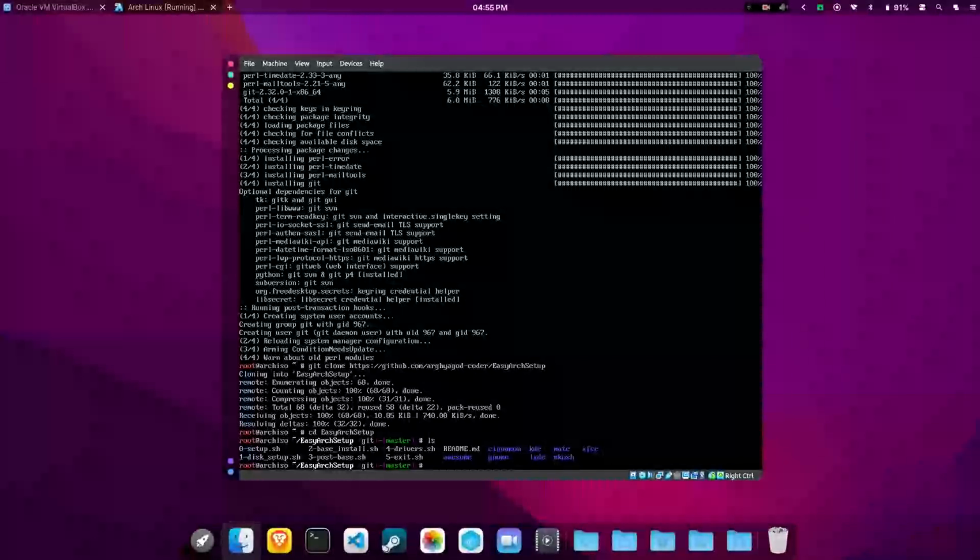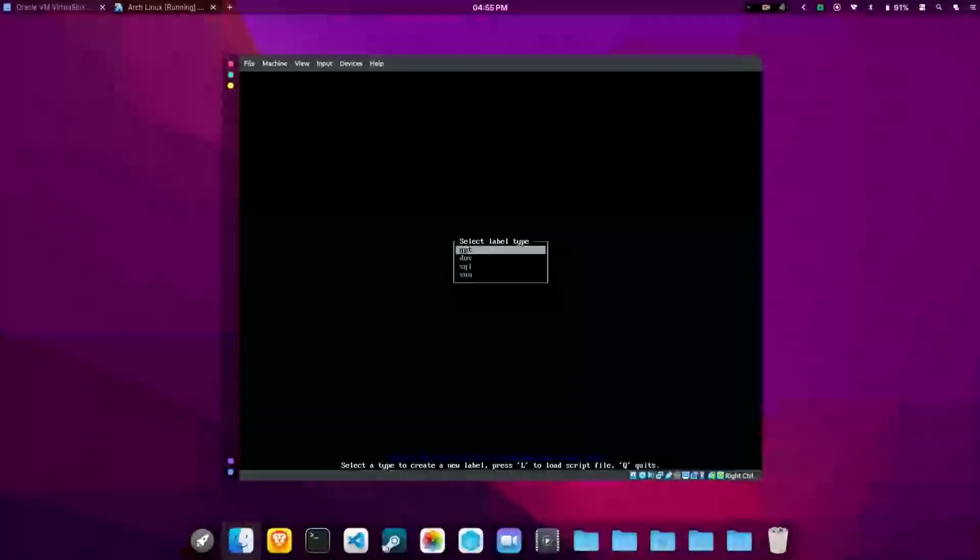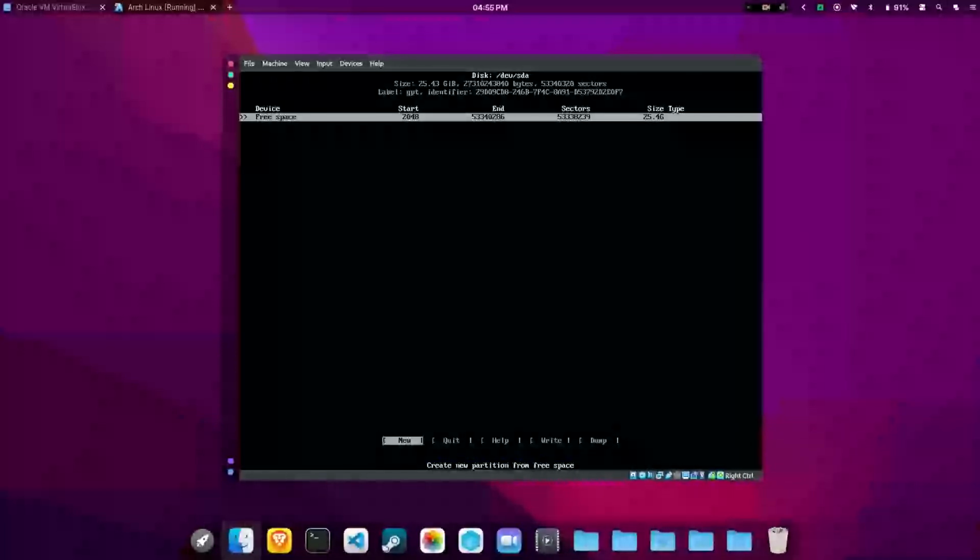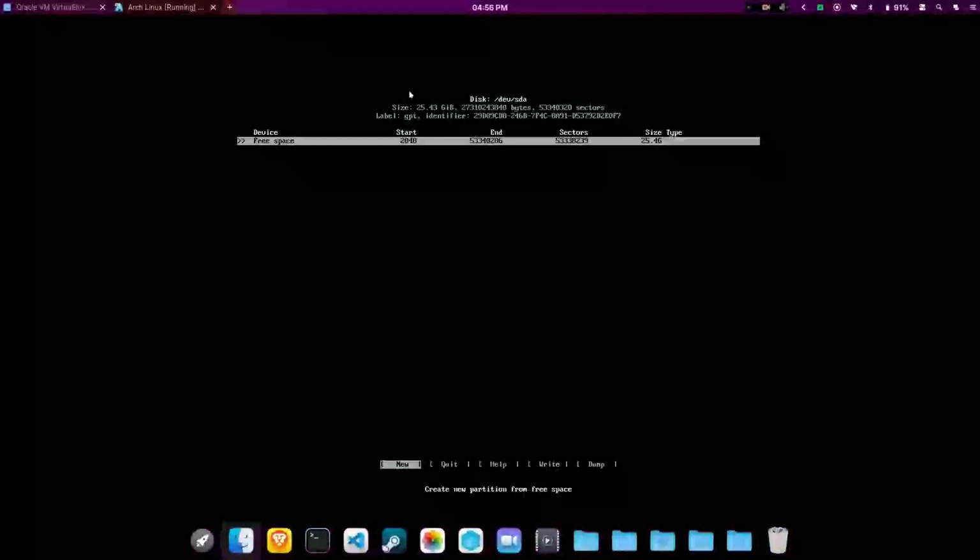The second one, for that we need to make some partitions, which is cfdisk. We will make some partitions. This is where people just get confused sometimes. I'm showing you this. Then GPT, we will go with GPT, and we will give a new partition. We will make a new partition. This tool is pretty awesome.